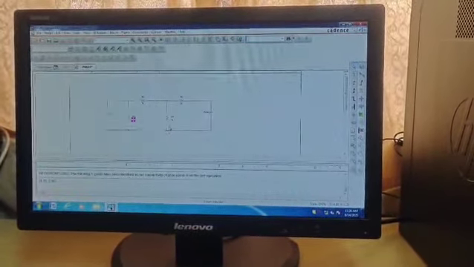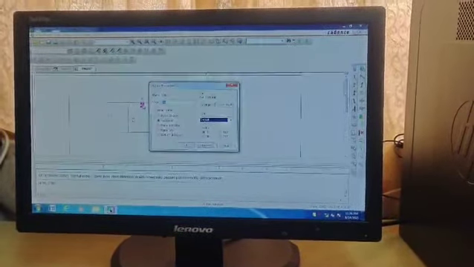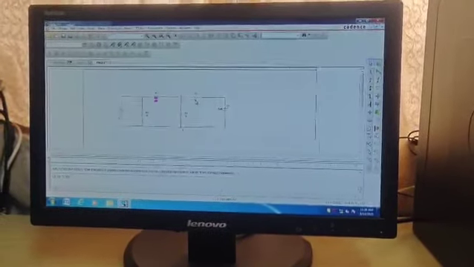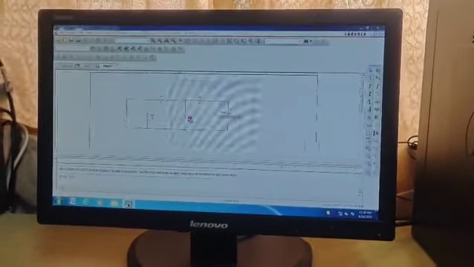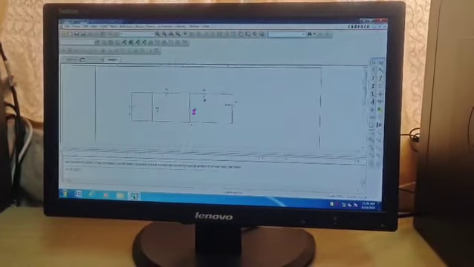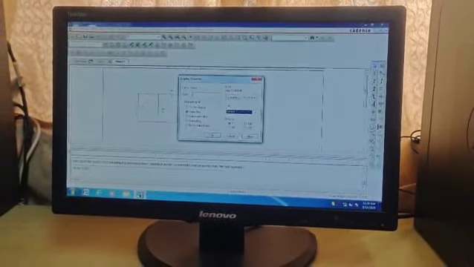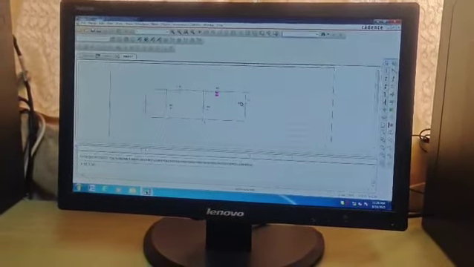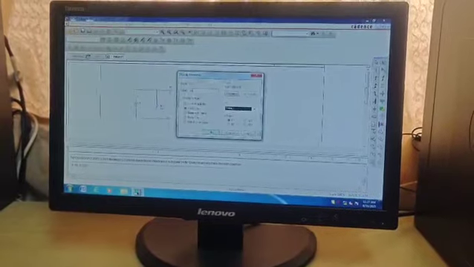This resistance is 3 ohm, I'm taking it as 3, give OK. Similarly, this value is 5 ohm, and this value is 1 ohm. You can select whatever values you have in the circuit, and the voltage value is 10 volt.